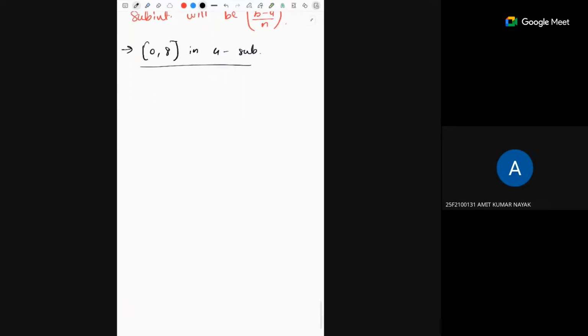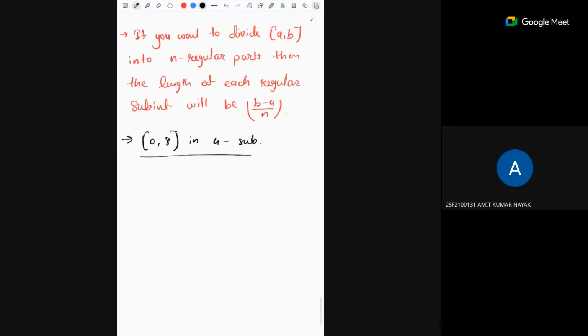Okay, so this is the first step for computing any left Riemann sum or right Riemann sum. First of all, they will ask you, you have some interval and you want to divide that interval into some regular parts. Okay, this is the first step. If you figure out that, then what is a left Riemann sum? So